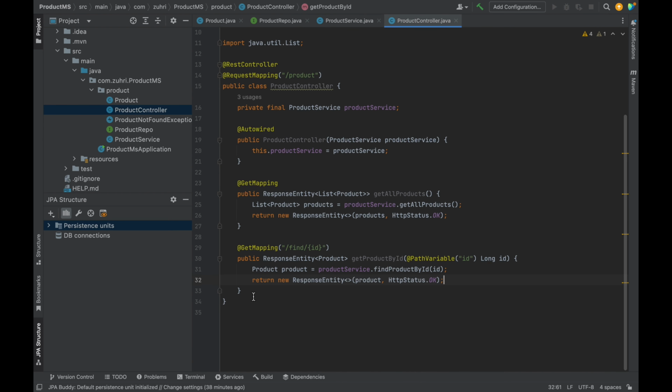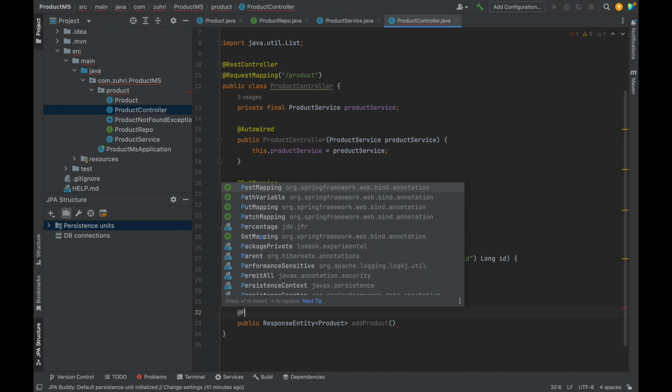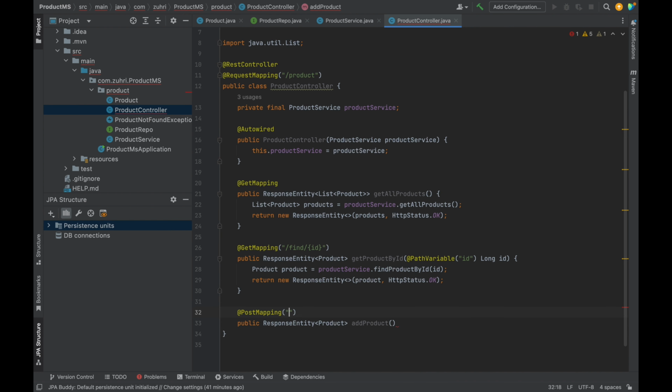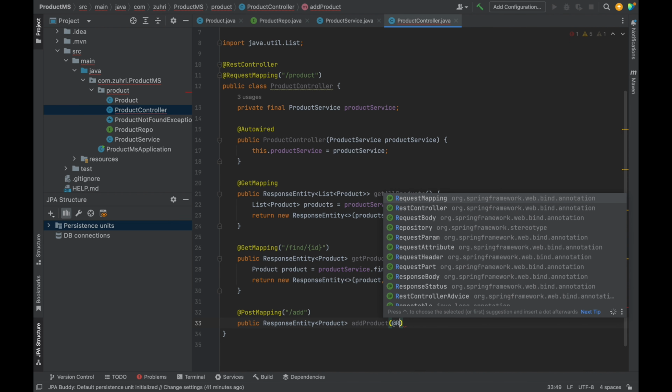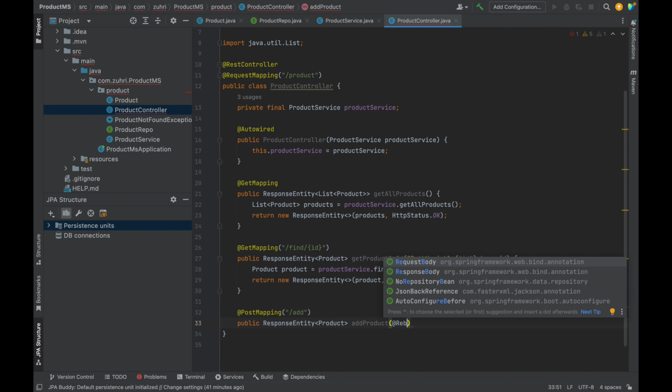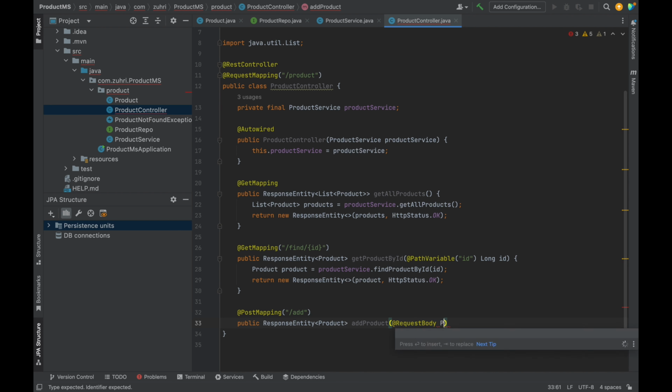and let's go to the controller, and we're gonna create our next method, and I'm gonna write the public response entity. Here just write the product, and add product, and here we are just reading the product from the request body. Okay, and here I'm gonna write post mapping, and add, and here we are just reading our product from the request body. Okay, request body, like this one,